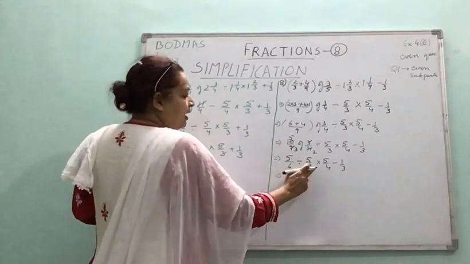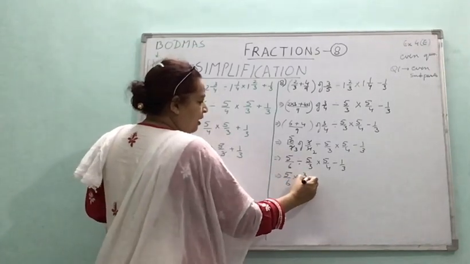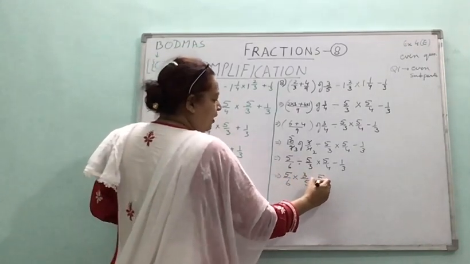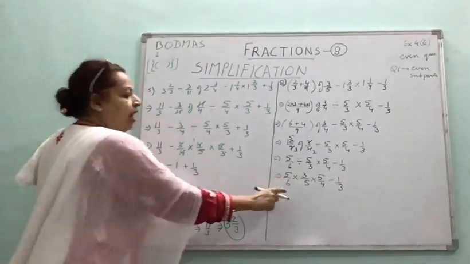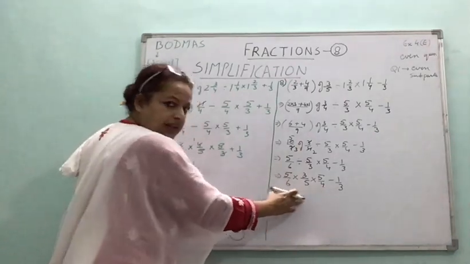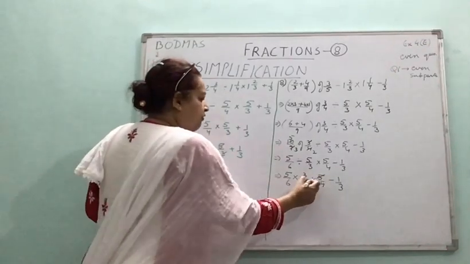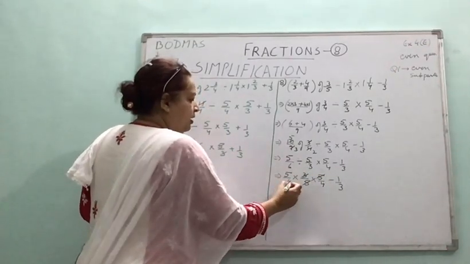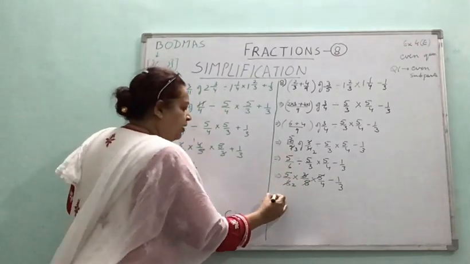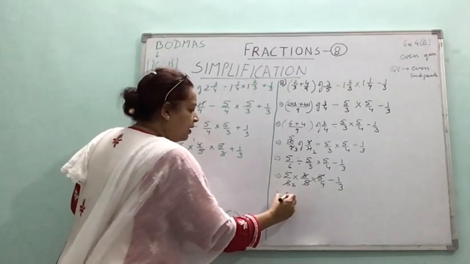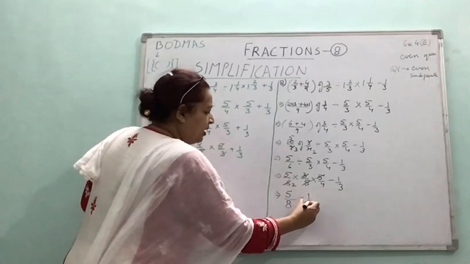So multiply by the reciprocal of the second fraction. 3 by 5. As I said in my previous question, once you have taken reciprocal and if there is any multiplication side by side, you can do all the three together. So I am cancelling a 5 with 5, 1, a 3 and 2. So what are you left with now? 5 in the numerator and 2 into 4, 8 in the denominator minus 1 by 3.